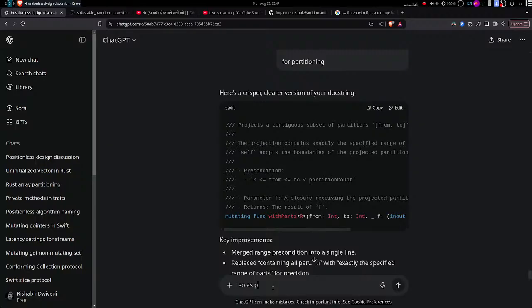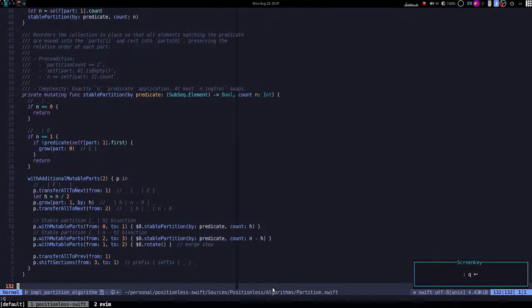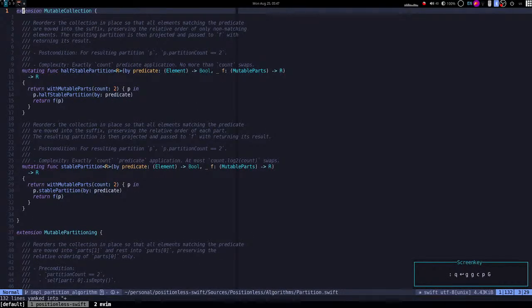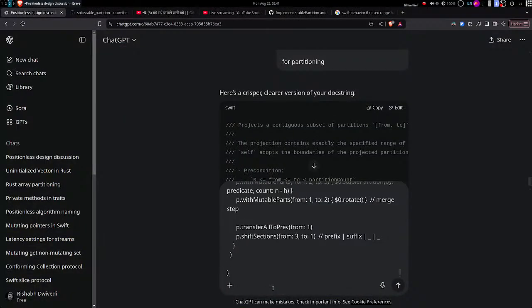So, as promised, here is my stable partition implementation. Let me give that implementation to